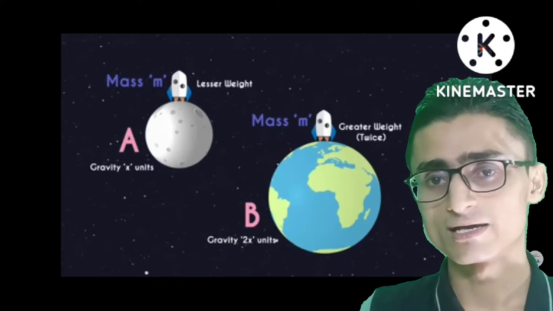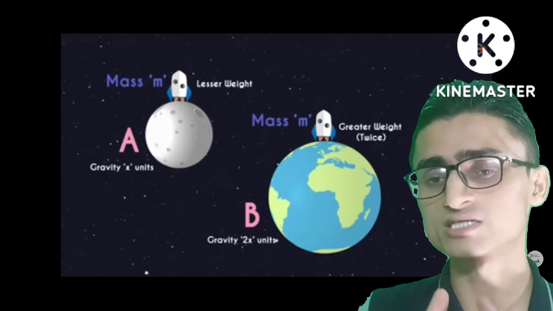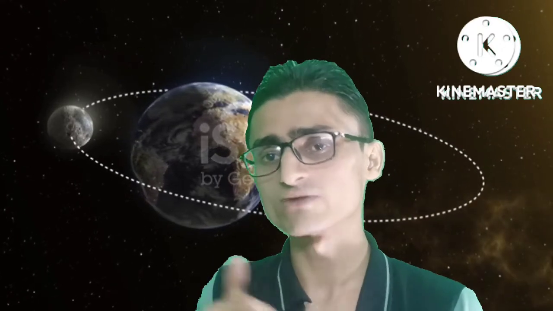The fourth most important point about weight is that it varies from planet to planet. And why does it vary from planet to planet? Because I earlier said that it is a gravitational force, and you know very well that the gravitational force is the force between two particles, two objects. If I want to calculate the weight of any object on the Earth, then I find by what force that object is attracted by the Earth. So if I want to calculate at another planet, our aim is to calculate the gravitational force by which that planet attracts this object.